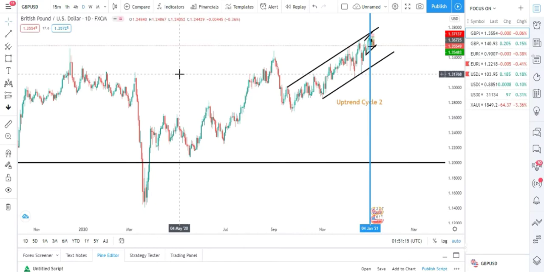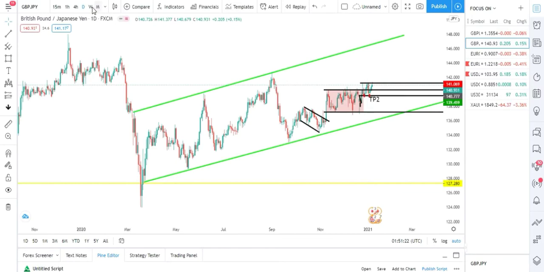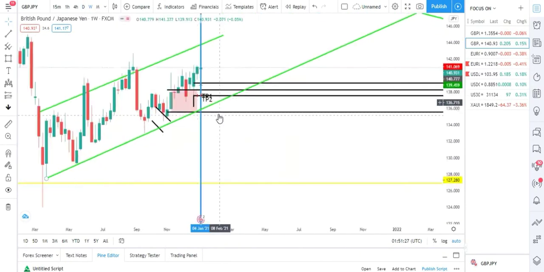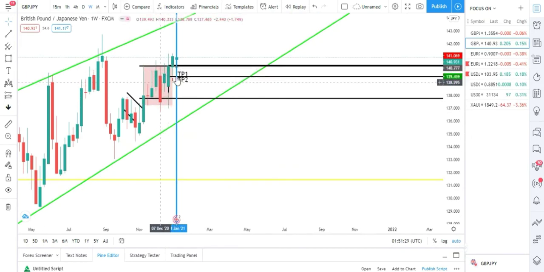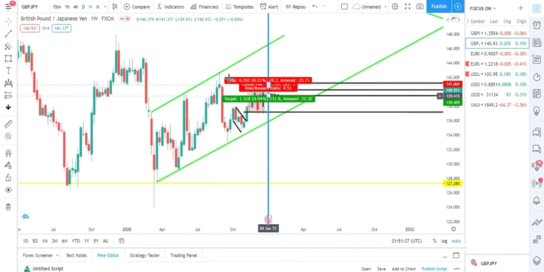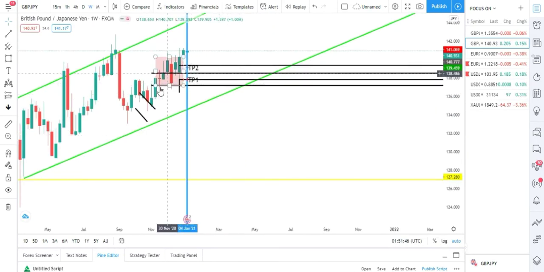Now I'm done with GU. Let's go to GJ. And GJ here, I basically said just broke out of a range, which you can see here. This is a range that's been happening for a couple of weeks, and I was waiting for it to break through because it has to come. As you can see, guys, it's on a channel and it touched the support. And as you know, guys, after it touches the support, it needs to go touch the resistance. So this was a proper